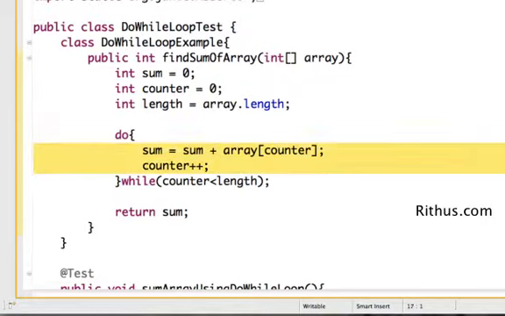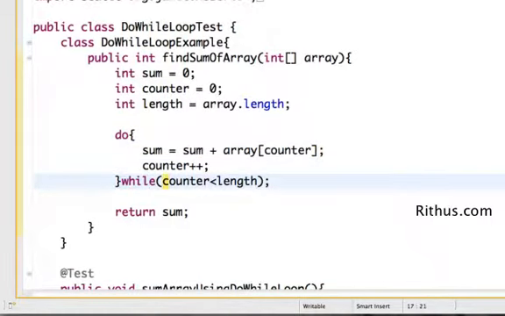The body of the loop gets executed at least once, irrespective of whether the condition is true or false. So we should always be cautious while using a do-while loop, and usually a while loop is preferred. So that's all there is about a do-while loop.